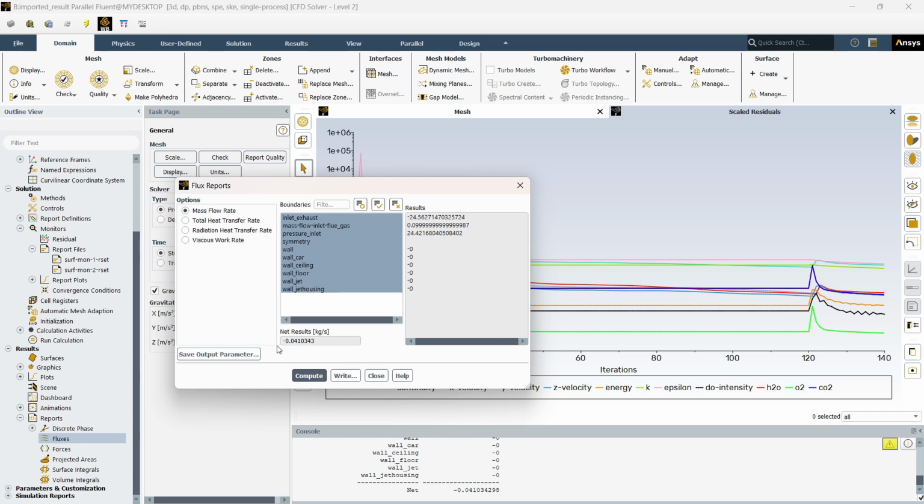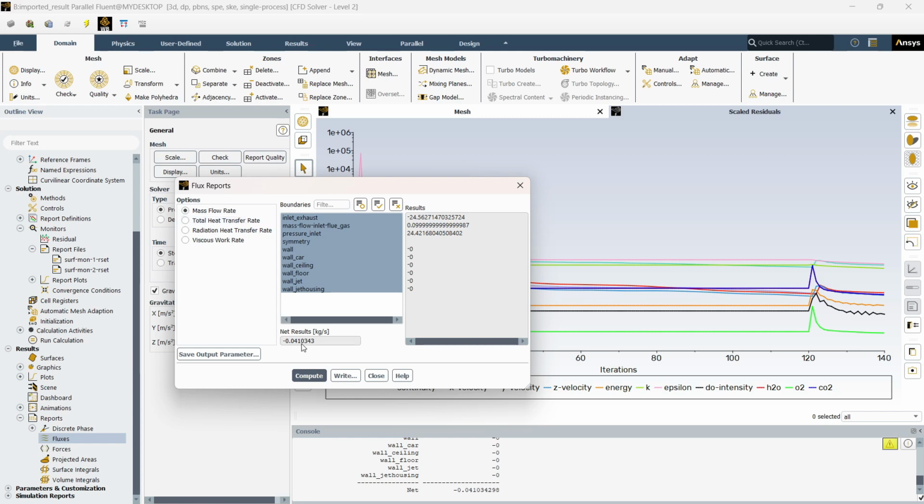If you see a large mass imbalance, it means that the numerical solution violates mass conservation, which strongly suggests that the solution hasn't truly converged, even if the residuals seem low. This step is crucial because in fluid dynamics, conservation of mass and energy is fundamental. So if your net mass or net energy, heat flux, is not close to zero, the results of your simulation